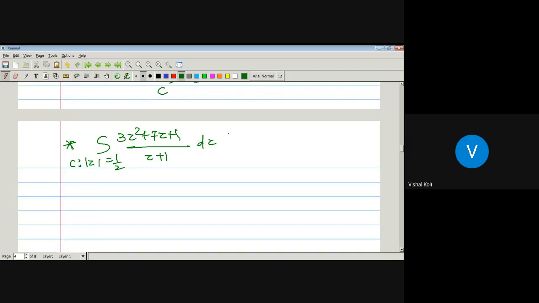If f is analytic in an open ball about a of radius R and gamma is any closed rectifiable curve, then what is the integral value of function f over that curve gamma? 0. Which is equal to 0, right. Whenever my given function is analytic on that closed curve, the given curve here is modulus z equal to 1/2, which means centre 0, radius 1/2. It means this will be a circle.